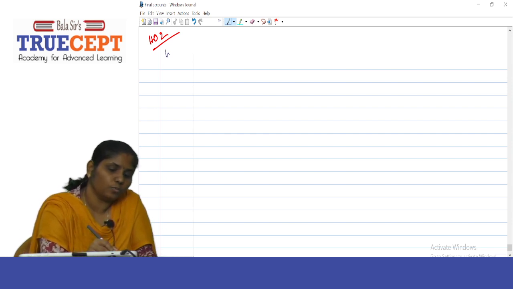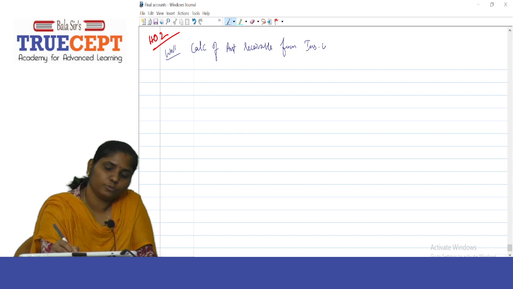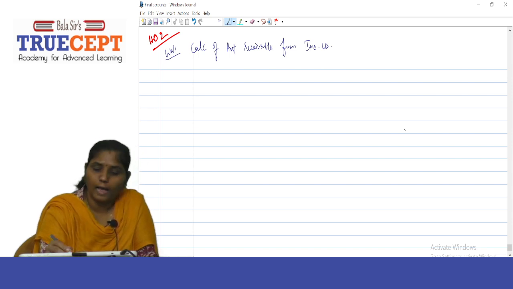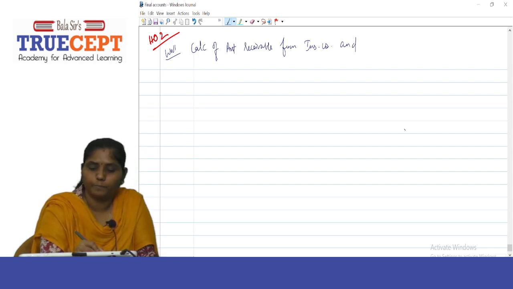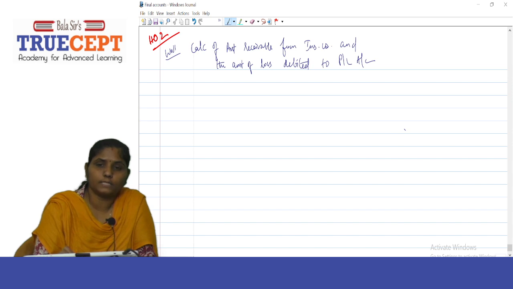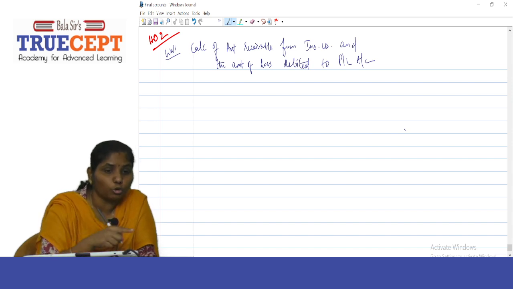So working note number 1, calculation of amount receivable from insurance company, and the amount of loss debited to profit and loss account. See, even though the numbers are given to you, you cannot simply add and less in the final accounts. You have to show the working note clearly before you are doing anything in the final accounts,